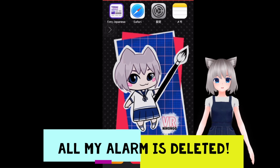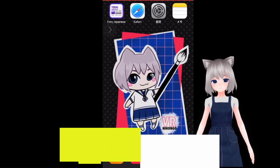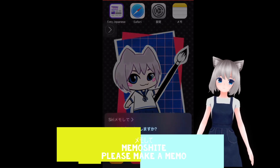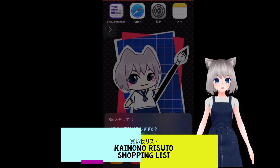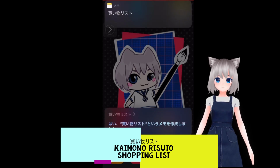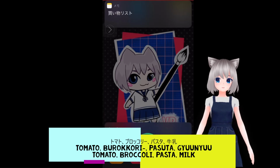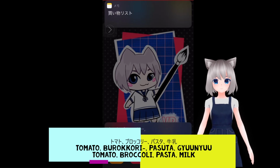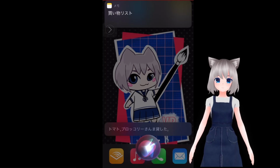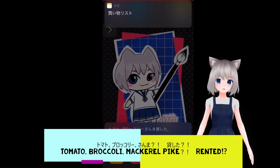Okay, so you can do things like this, and also you can make a memo. Let's try making a memo in Japanese. Siri, メモして。 メモの内容はどうしますか？ 買い物リスト。 はい、買い物リストというメモを作成しました。 トマト、コンマ、ブロッコリー、コンマ、パスタ、コンマ、牛乳。